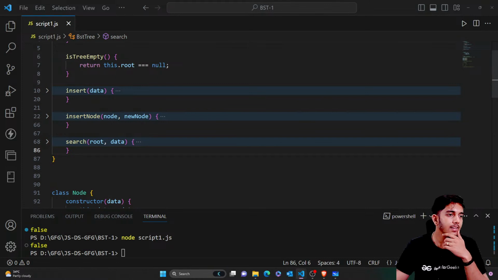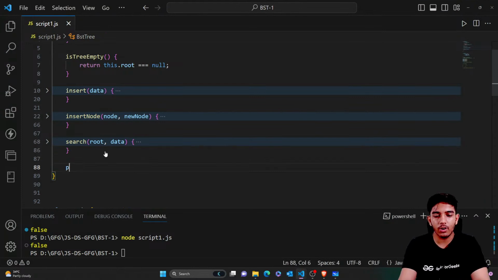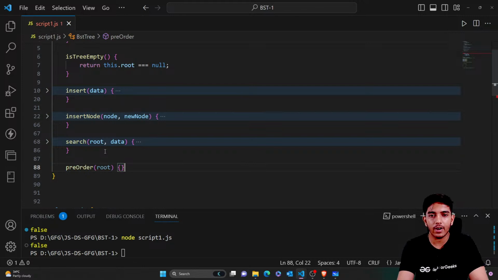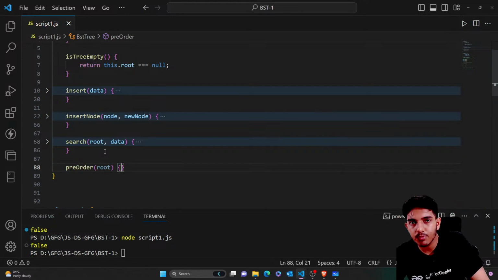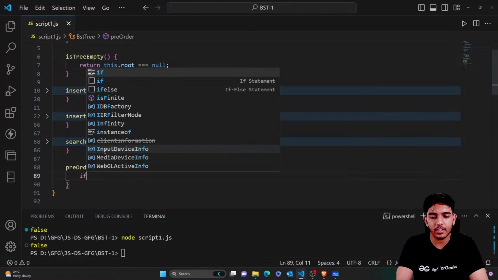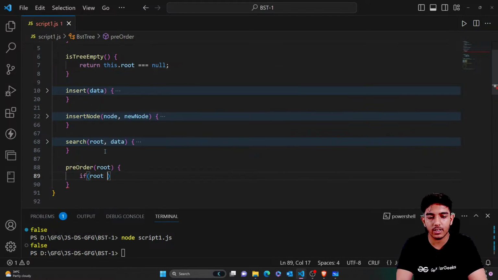So now we'll be creating three types, that is pre-order, in-order and post-order. So here I'll say we have pre-order. In pre-order, first you need to provide the root element, because you will be starting from somewhere, right? So I'll start from the root element, that is we are on 12. Now I'll say that if the tree has values, that means the root is not null,